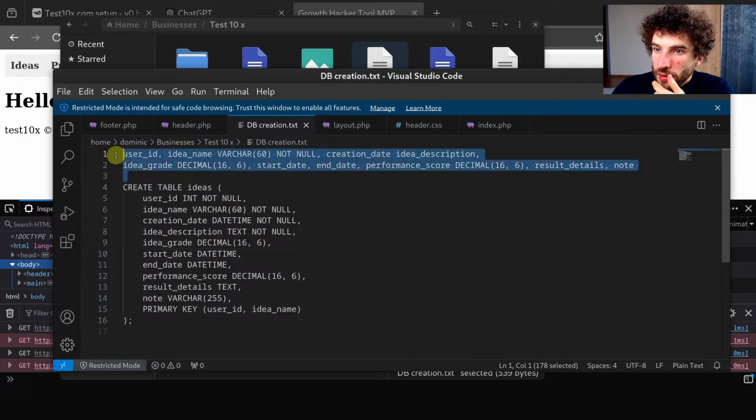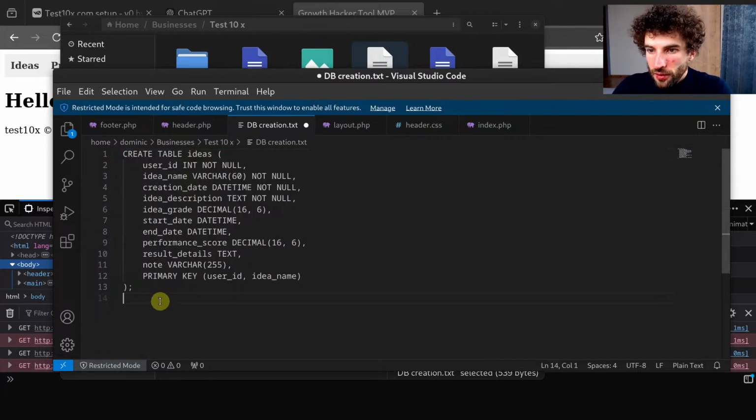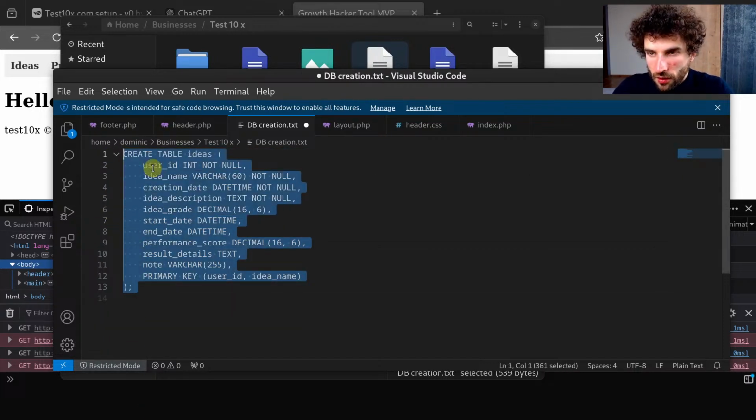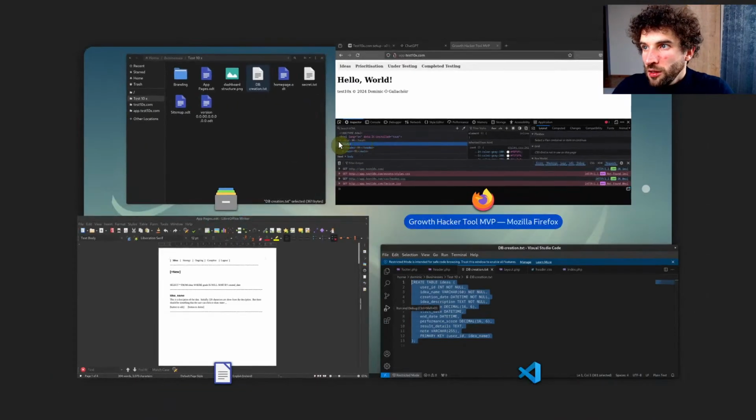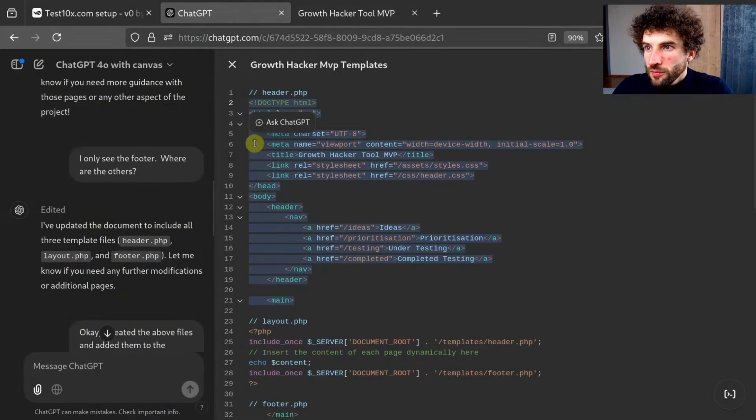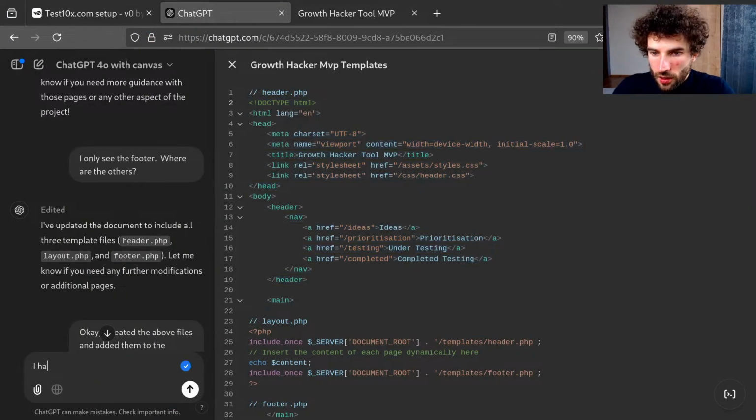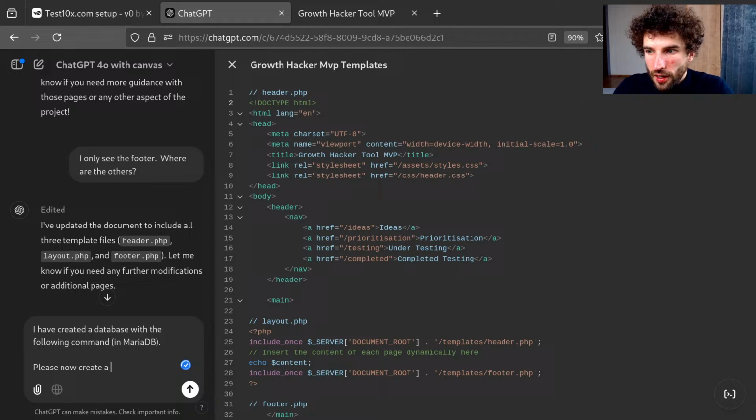So I can tell it that I've created a database like this. I've created a database with the following command in MariaDB. Please now create